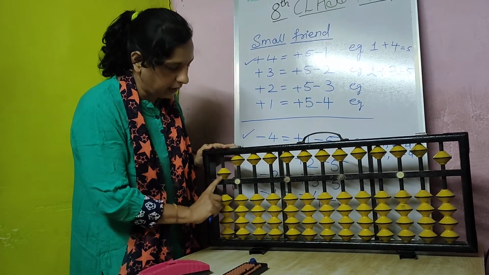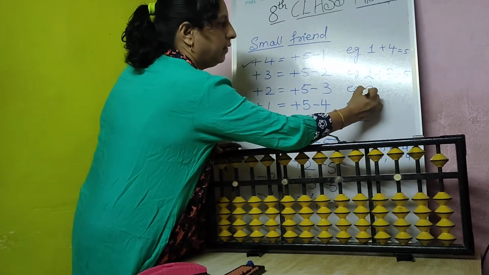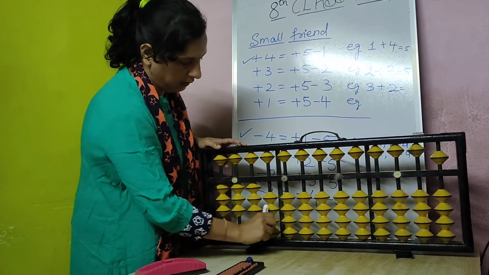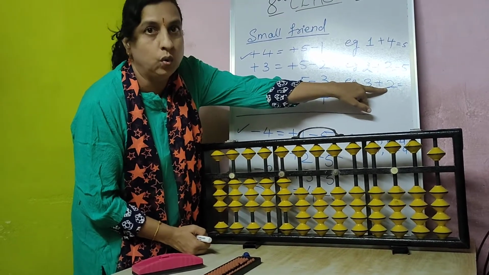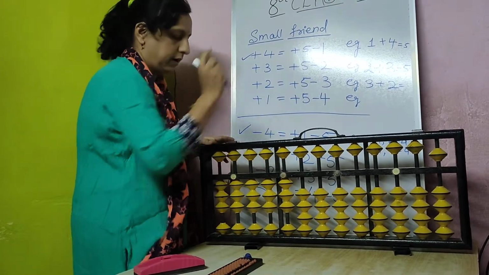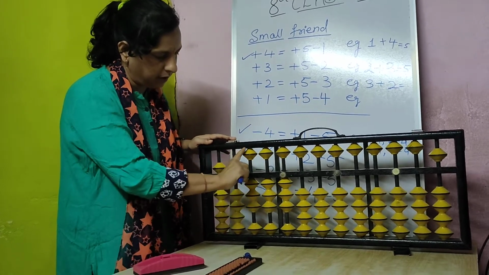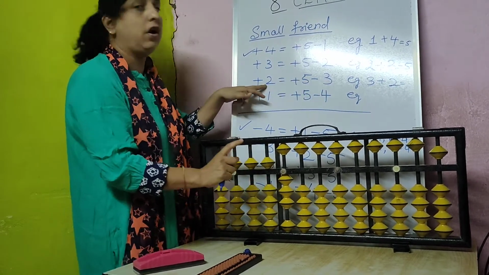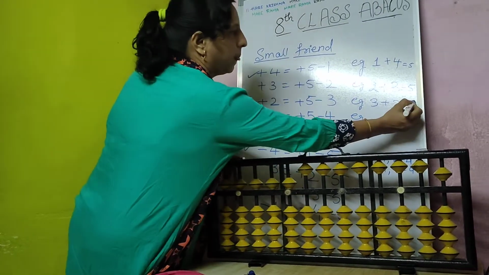Plus 5 minus 3. Again here the hand movement comes from up to down. So I will take this example. Whenever there is 3, I could not do 2. This 3 I have done and this 2 I have to do, but I cannot do 2 here because only one bead is there. So I have to remember 2's friend, which is plus 5 minus 3. At a stretch, plus 5 minus 3. Say and do it. By doing plus 5 minus 3, what have you done? 2 you have done. So my answer is 5 here.